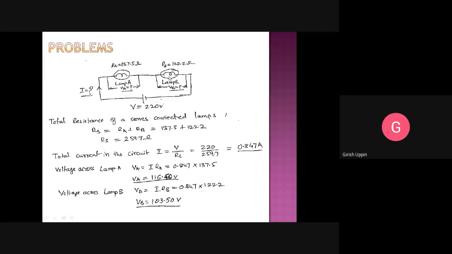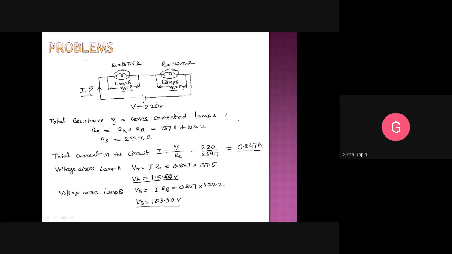Now both are connected in series across 220 volts. So the amount of current is unknown because now there are two resistances, and the voltage source is known. So first we have to find the current that flows. In order to find the current, V is equal to IR is the formula. V is given and R is not directly given. So we know that these are connected in series.